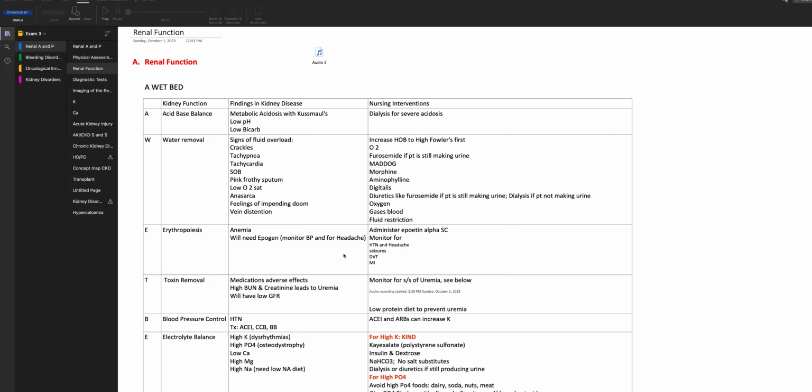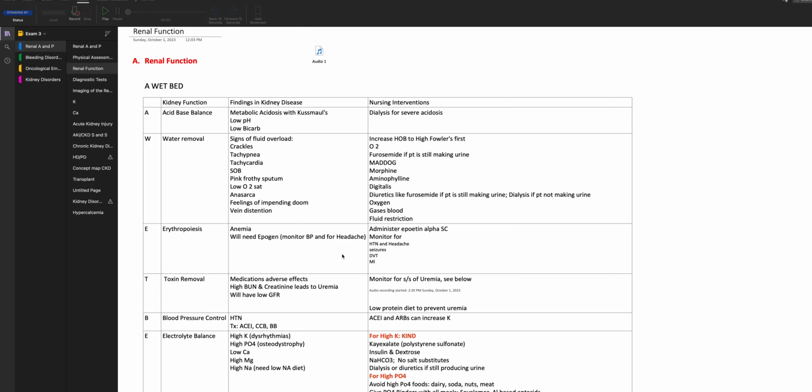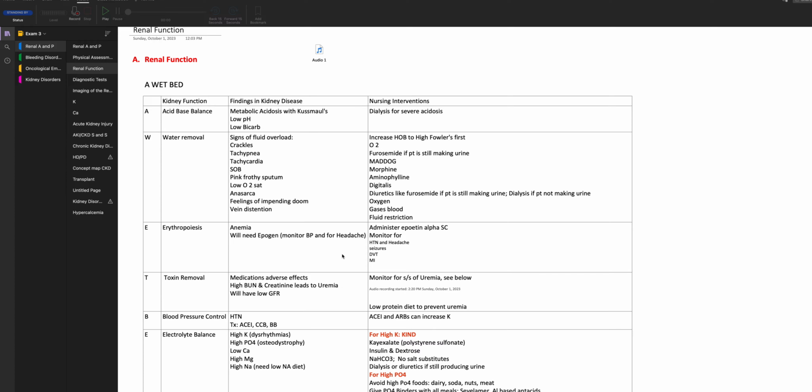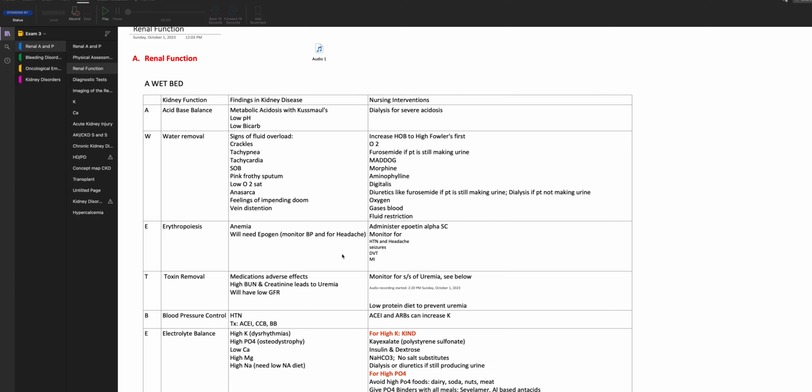So you have to check the blood sugar more frequently because they're at risk of hypoglycemia, because the medication is not going to be removed from their system. Okay? They will have a high BUN and creatinine, which leads to uremia. Okay? Now, creatinine is the most sensitive out of BUN and creatinine for kidney injury, and they'll have a low